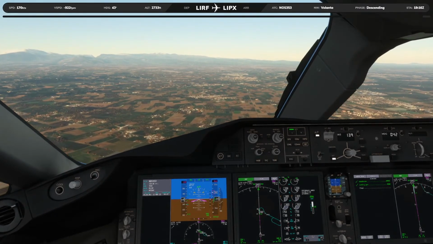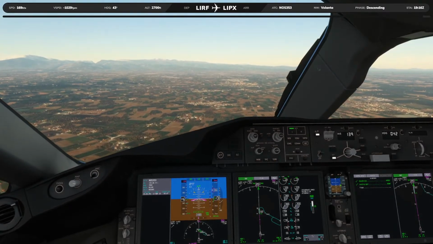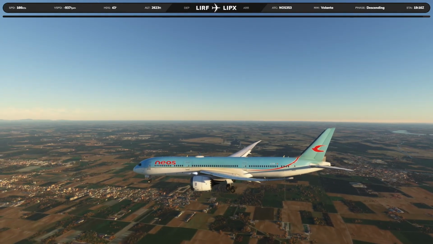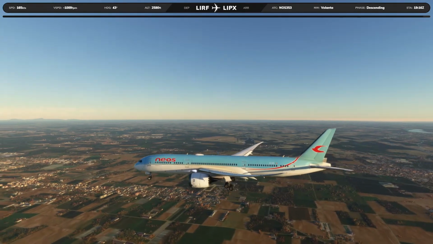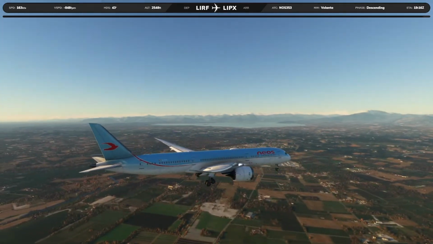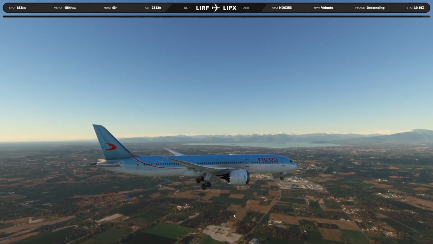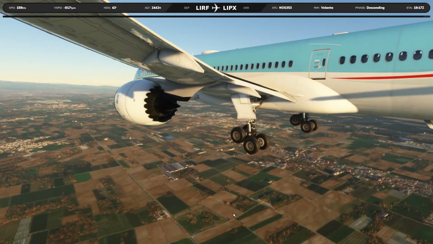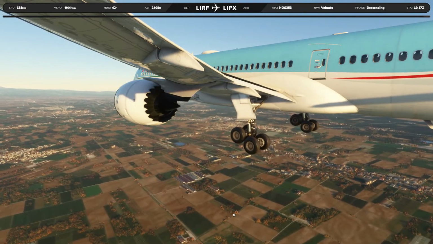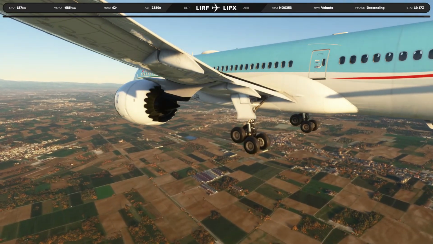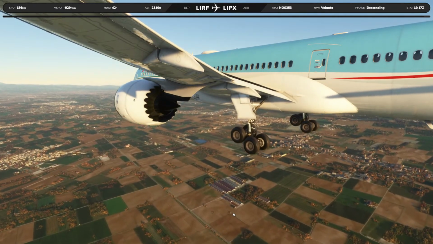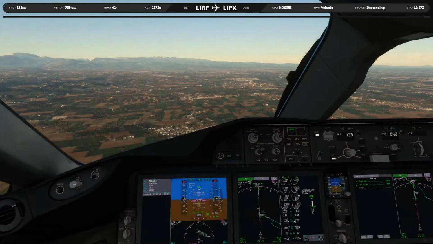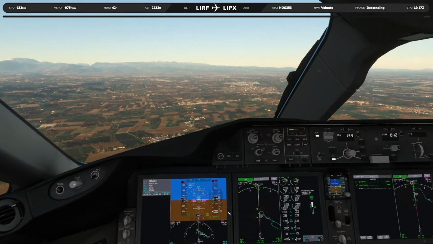We have the runway in sight and clear to land runway 04. Wow, look at that, guys. Now this is a beautiful sight of the aircraft as we approach the airport. All right, let's not get carried away now.